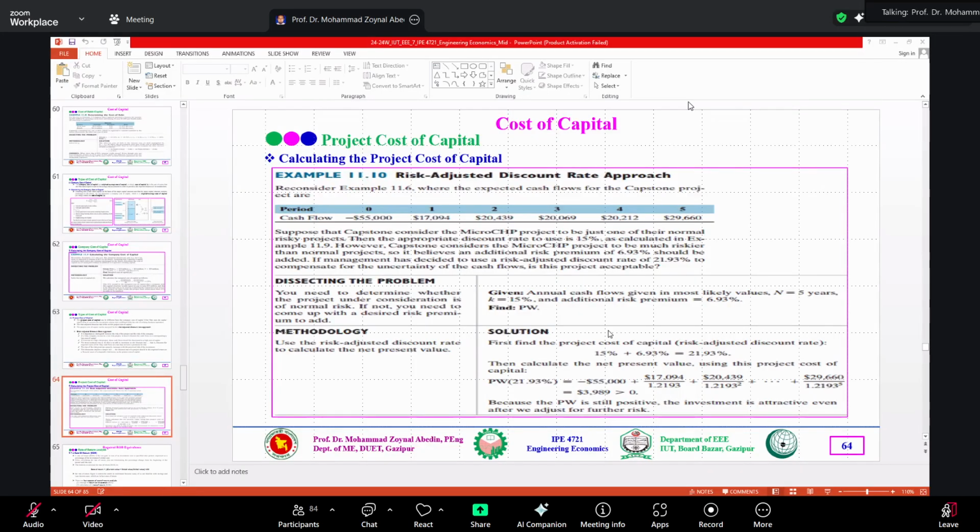Now the decision is yours, to tell about the acceptability. The project will be acceptable or not, or it will be a good project or not. Okay. Then calculate the net present value, the PW value. The PW value uses this project's cost of capital. So the present worth value at the rate of 21.93% is equal to the initial investment, so this initial investment divided by